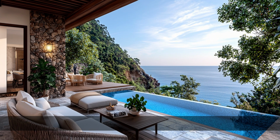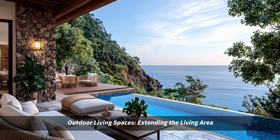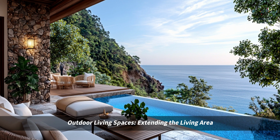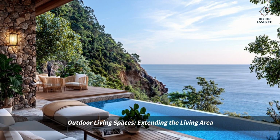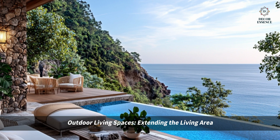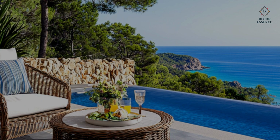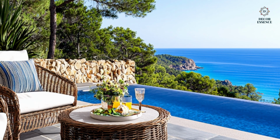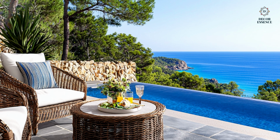Outdoor living spaces, extending the living area. The outdoor spaces of this home are just as thoughtfully designed as the interiors. Multiple terraces, patios, and decks create a variety of outdoor living areas where residents can relax, entertain, or simply enjoy the stunning natural surroundings. One of the standout features is the infinity pool, which appears to blend seamlessly into the